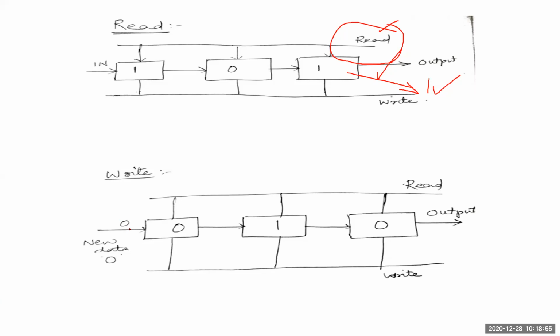If a new data has been kept, what happens? I'm considering this one over here. See now, if a new data has been inputted here, the old data is what? Here 1. So this 1 goes to the next cell. And in a similar way, whenever the new data is inputted in this particular cell 1, that is 0, the cell 1's data becomes 0, and the previous data, 1, is moved to the next cell. So now again, the second cell's data will be sent to this one.